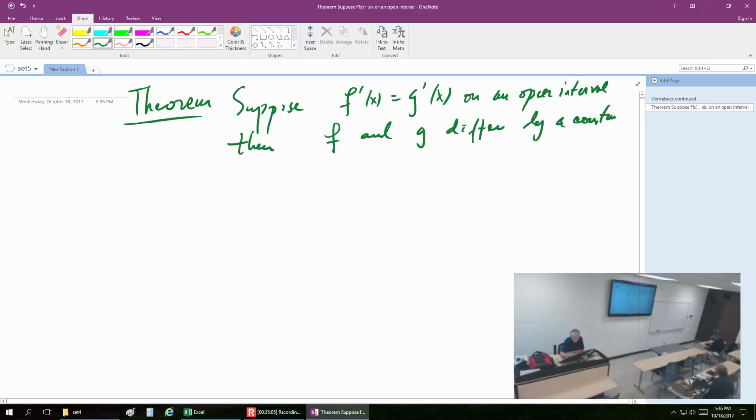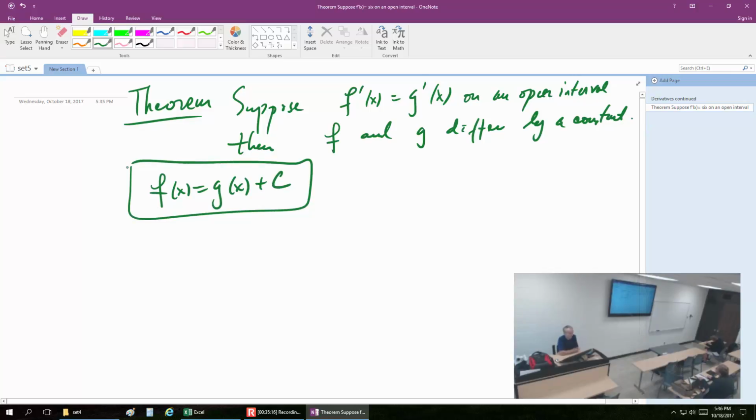Okay, so either you write f(x) = g(x) + c, or something like that. So this is pretty much the formula. In other words, if we have one antiderivative, and that's what it is, right? So f and g are antiderivatives